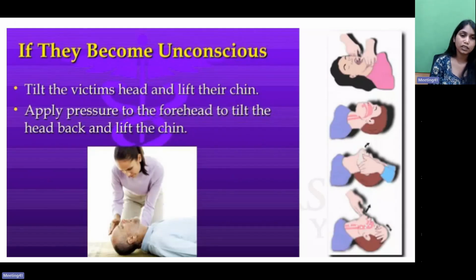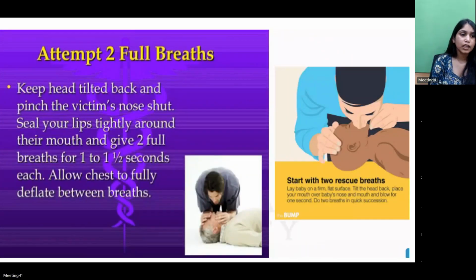We should tilt the victim's head and lift their chin. We will tilt them so the chin is on the upper side, and we will apply pressure to the forehead like this, to tilt the head back and lift the chin. Then, keeping the head tilted back, we will pinch the victim's nose shut,